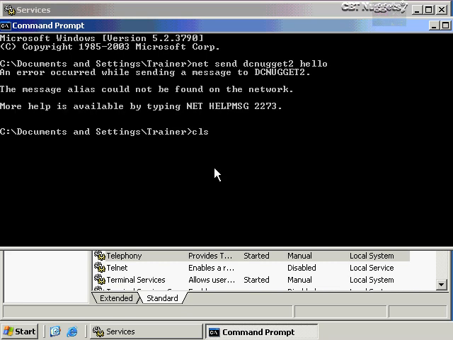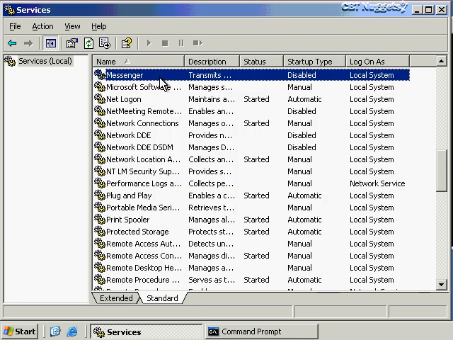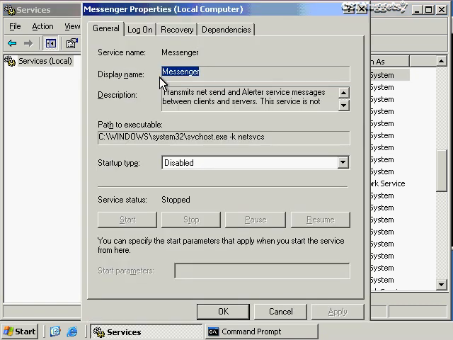Okay, that doesn't sound like any fun. Why isn't it sending me anything? That's because the messenger service has not started. Now, this has nothing to do with Windows Messenger, that little chat thing that we waste time with. This has more to do with what I was just doing with that messenger service, where I was trying to send a message. So with this, I would go to Manual, and I would click Apply here. Or I'd click OK, and then I just have to reopen this again. And then I'll click on Start. And if I wanted to access this all the time, and I was pretty sure I wanted to access it a lot more, then I might just set it to start up automatically.